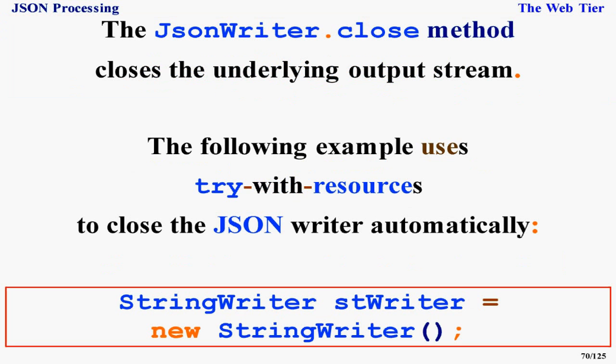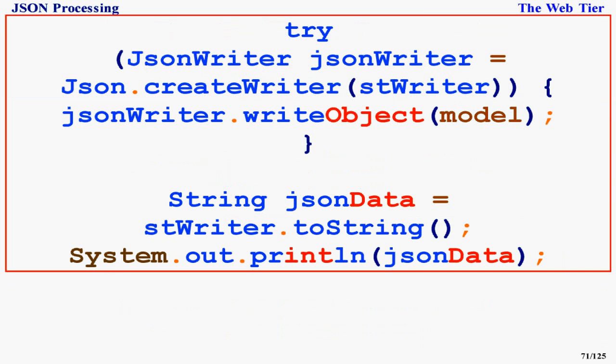StringWriter stWriter = new StringWriter(); try (JsonWriter jsonWriter = Json.createWriter(stWriter)) { jsonWriter.writeObject(model); } String jsonData = stWriter.toString(); System.out.println(jsonData);